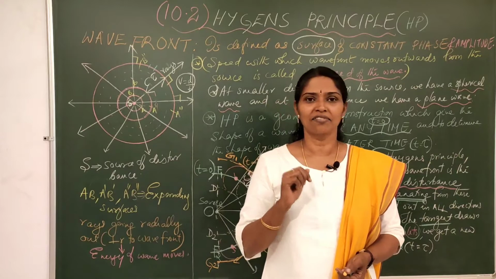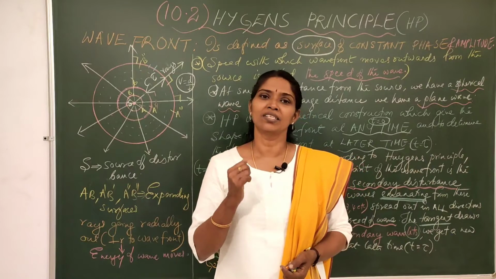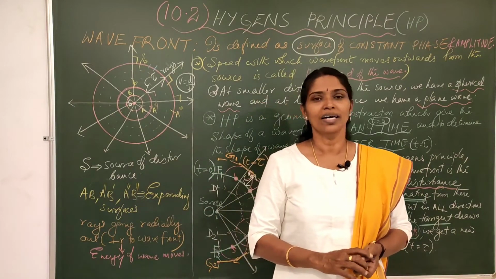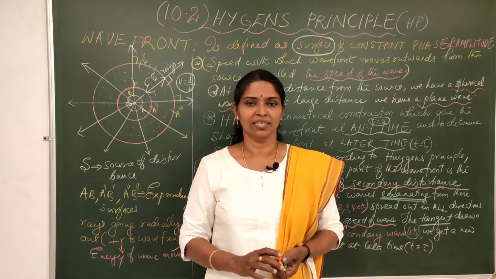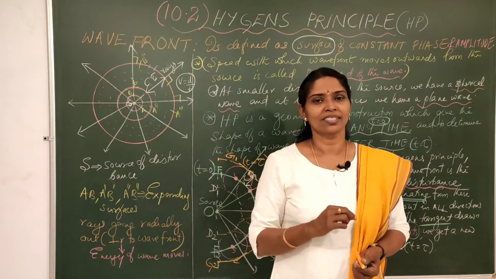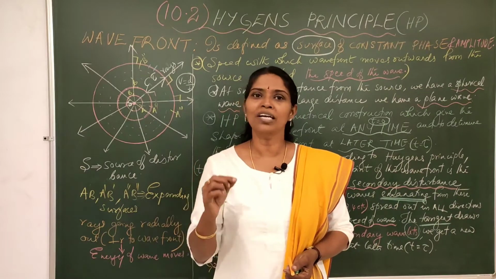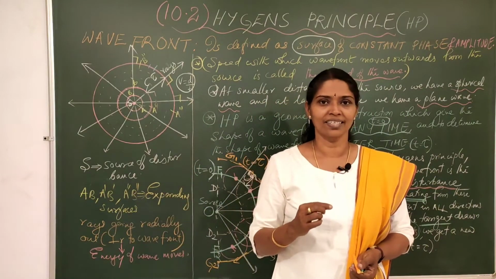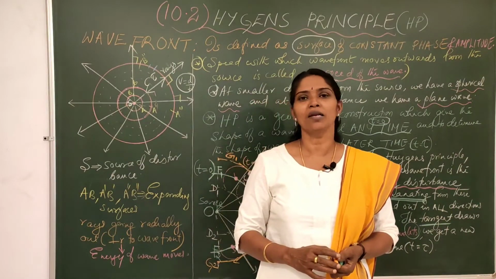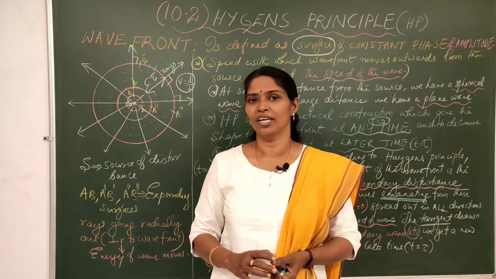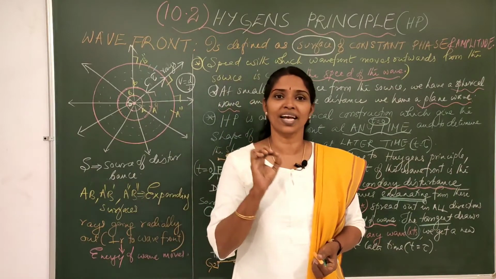We have studied reflection, refraction, etc. in ray optics, where Newton's corpuscular theory or rectilinear propagation of light is considered. But using that ray optics or rectilinear motion of light, we are not able to explain certain phenomena like polarization, interference, diffraction, etc. And moreover, polarization is a phenomenon where it is clearly explained that light is of transverse wave